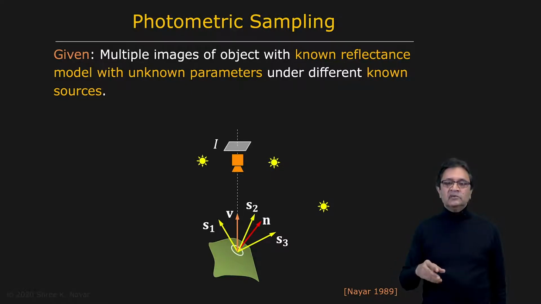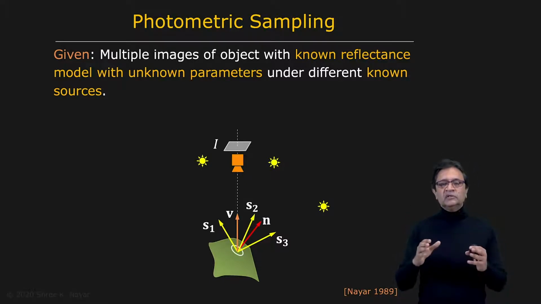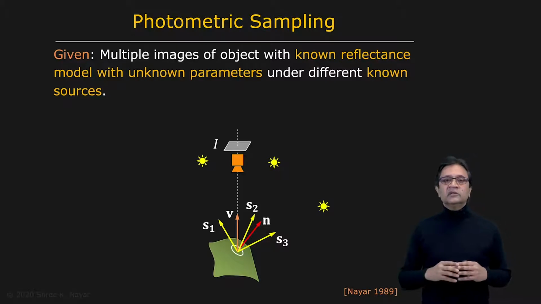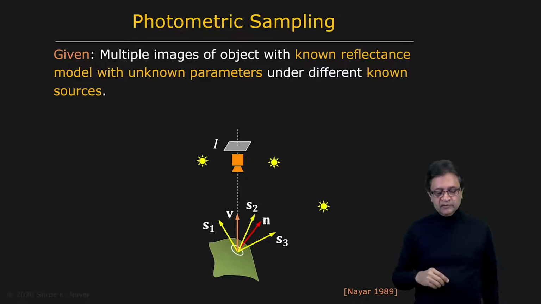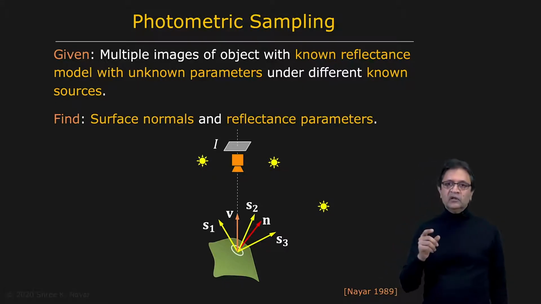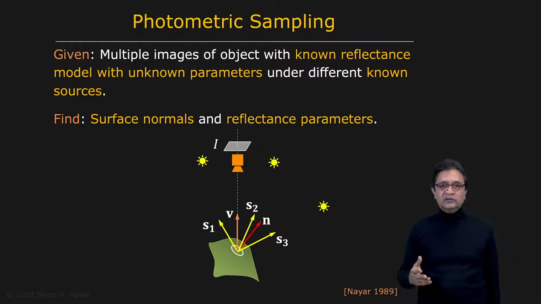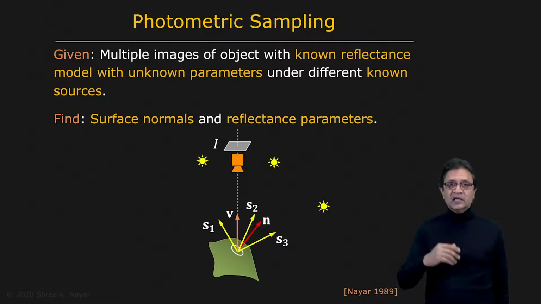And so the idea here is we'd like to do the same thing, extend photometric stereo so that we can take images of the object under different lighting directions and then use those images to recover not only the 3-dimensional shape, that is the surface normal at each point, but also the reflectance parameters at each point on the surface. So we'd like to find both the surface normals and the reflectance parameters at each point on the surface. Well, how do we do this? We know that we need more information, more measurements to do this, and that's exactly what we do.